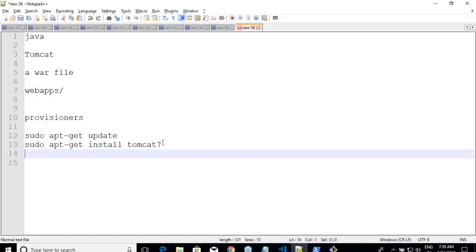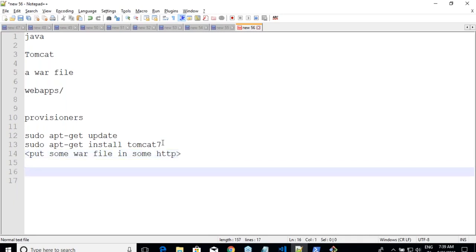So what I'll do is I'll put some war file in some HTTP location, and then I'll try to download that file, and downloading the file can be done by wget.